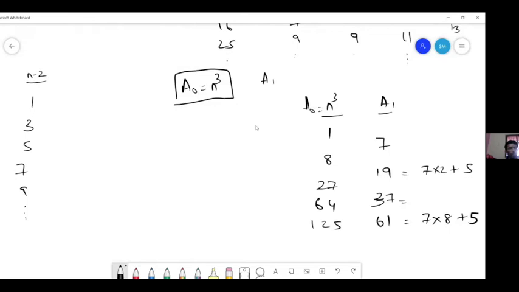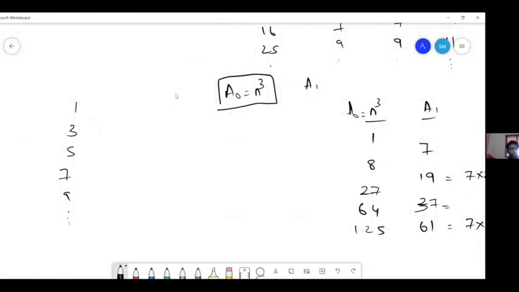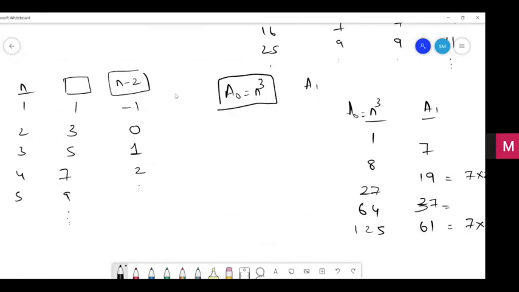But if you substitute n minus 2, what will happen when n is equal to 1? Let me just make a table. N will take a value of 1, 2, 3, 4, 5, and so on. This is what we're trying to find. If you have n minus 2 here, then if n is equal to 1, this would become minus 1. When n is 2, this would become 0. When n is 3, it will become a 1. 2n minus 1. So n minus 2 is basically giving us the set of natural numbers, but with extra minus 1 and 0. So 2n minus 1 is giving us this, right?